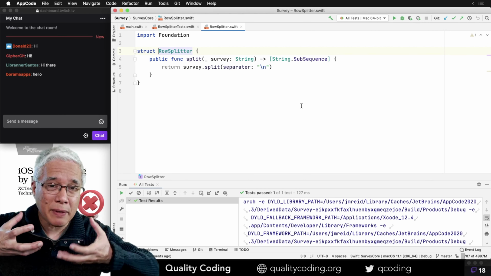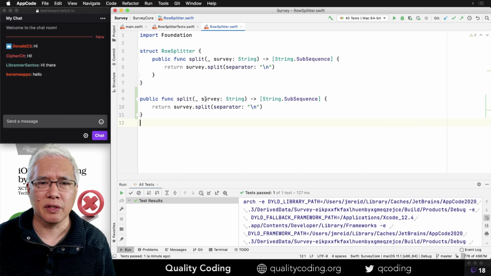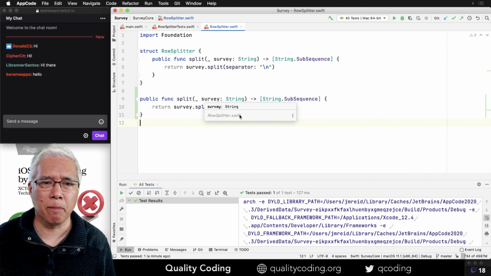So let's start by doing a little bit of refactoring here. What I want is to have a function out on its own. This seems to compile, at least I'm not getting any squigglies, but just for kicks, let's build it.